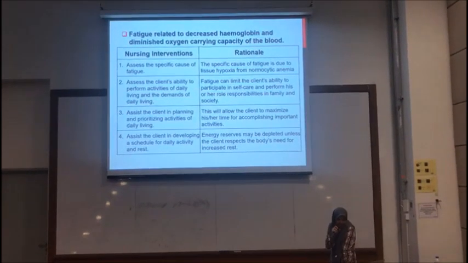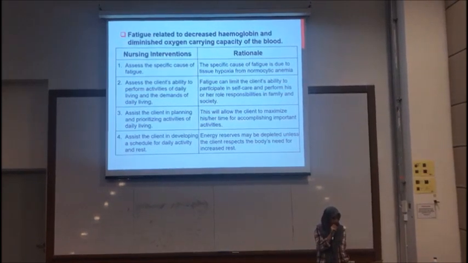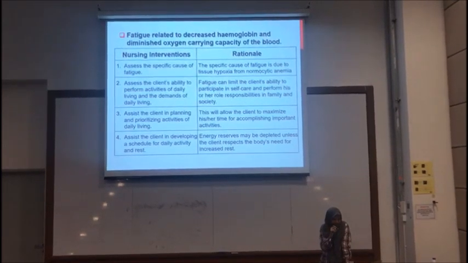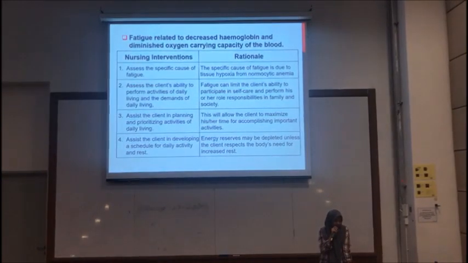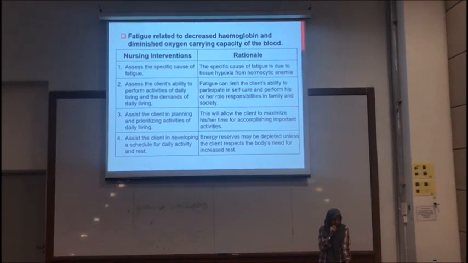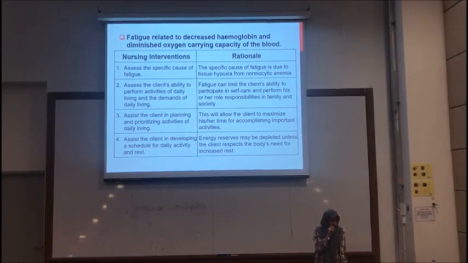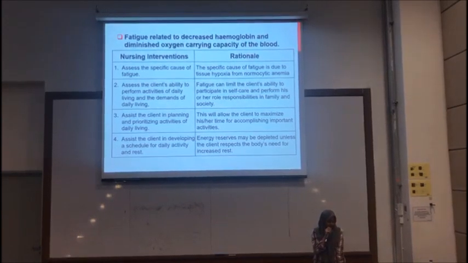The first nursing intervention is assess the specific cause of fatigue. Rationale: the specific cause of fatigue is due to tissue hypoxia from pneumocytic anemia. Second intervention is assess the client ability to perform activities of daily living and the demand of daily living. The rationale is fatigue can limit the client's ability to participate in self-care and perform his or her role responsibility